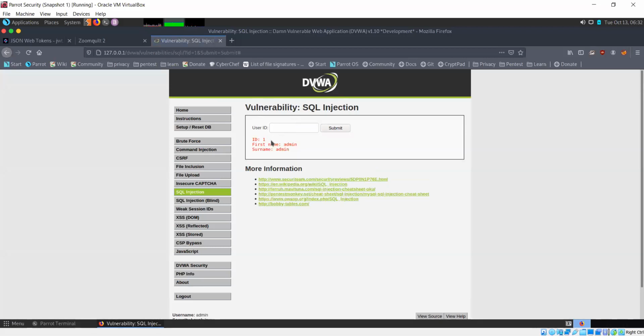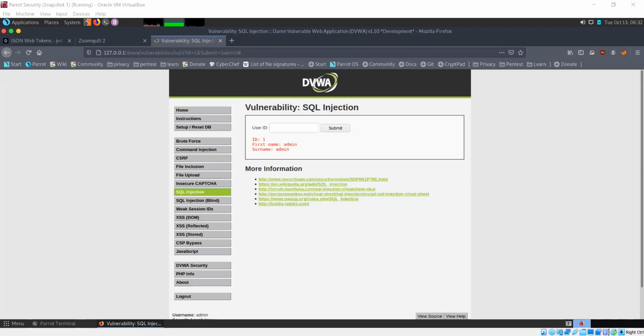So it's giving me the first name and surname for ID 1. Similarly, if I were to present it with another ID, I would get the details for that.